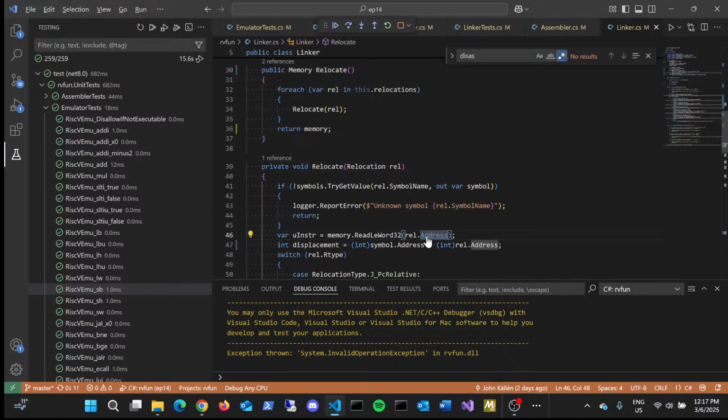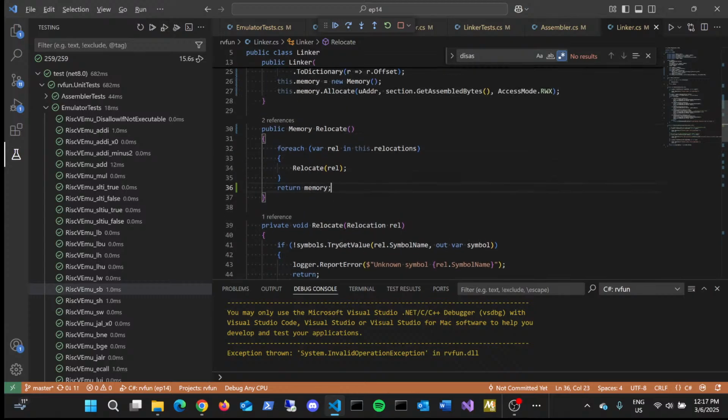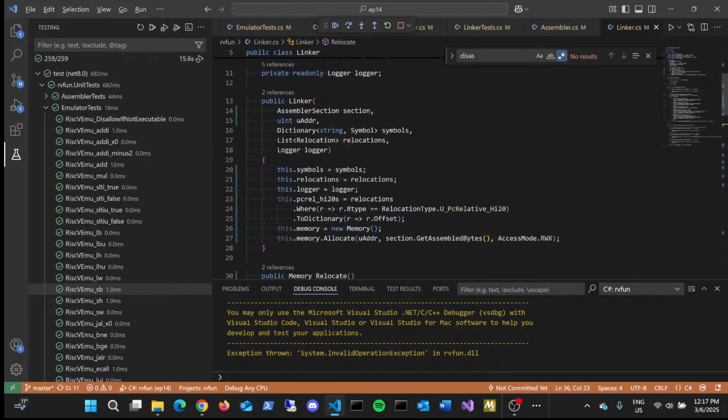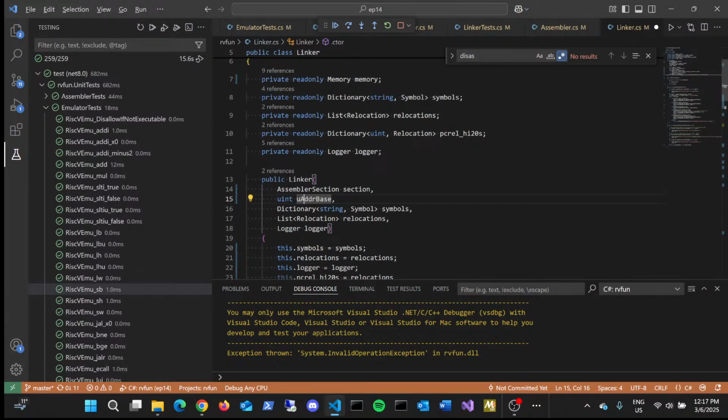So let's do that. I'm going to call this offset. Okay. But an offset is not an address. We need to give this relocation the actual address that we're relocating to. So let's go back to our constructor here, and we need to hang on to the base address. Let's give this a better name, actually. Let's call it base address, or new adder base, speaking Hungarian today. And then here,